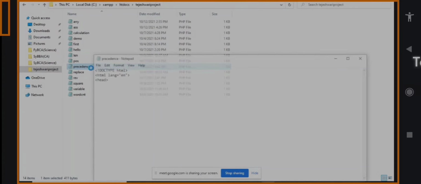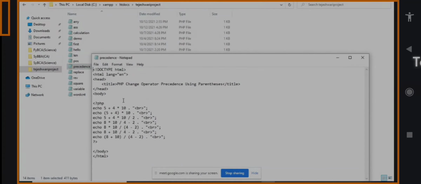Precedence. We will see precedence, which is important. So doctype HTML, then html lang, and the language we are using is English, so just type EN. Then head, and in that you have to take the title tag and write down your line: PHP change operator precedence using the parenthesis.